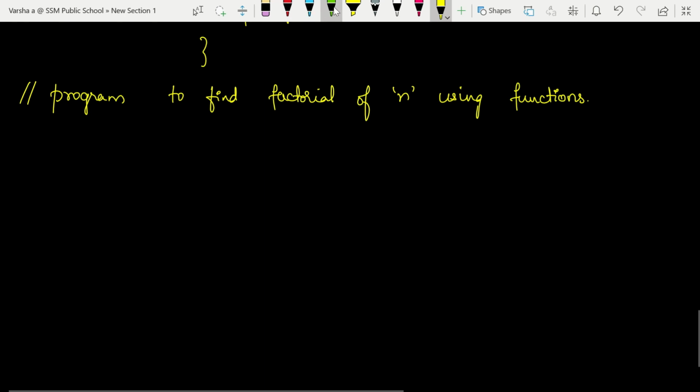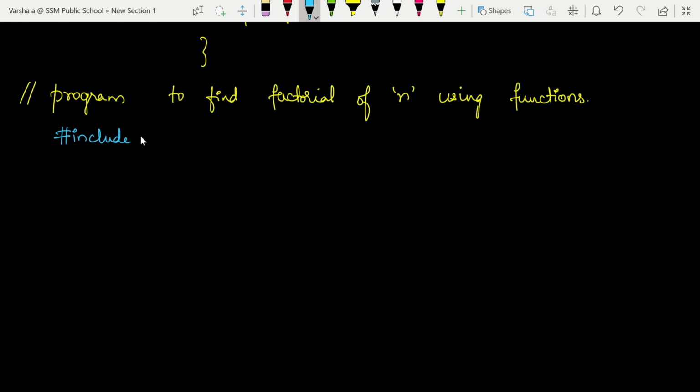The first thing that we write is header files, right? Hash include. I've observed, if you have attended the beginning of the classes, then you will know what is the structure of a C program. I had given function declarations before the main function. You can just refer to the initial YouTube video where we have seen the structure of a C program. In that, after header files inclusion, I had given global variable declaration and then I had given function prototypes. We will see global variable declaration in the next class.